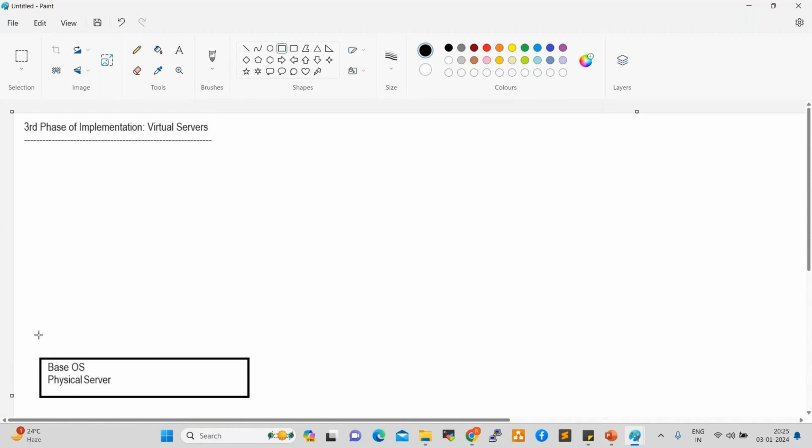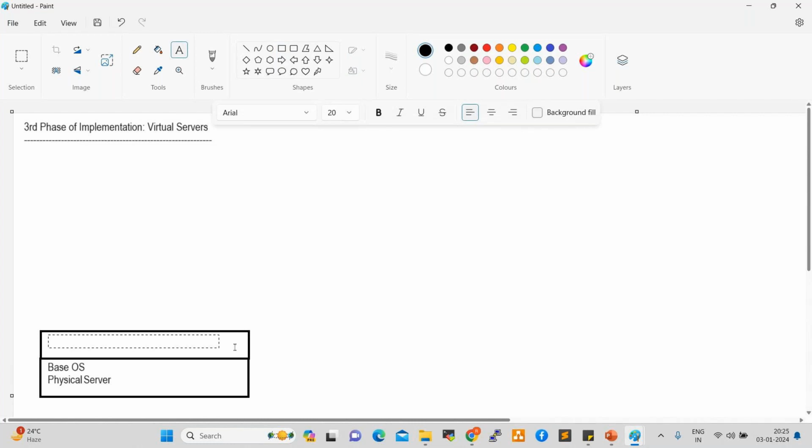On top of that, we install one software, which is VMware, or hypervisor, or Citrix, right? This software will allow you to create virtual servers on top of this server.